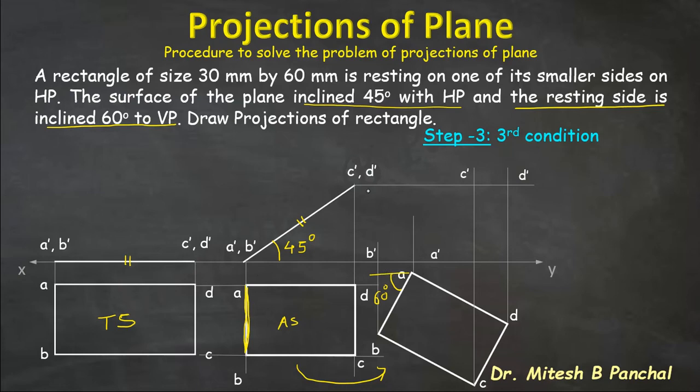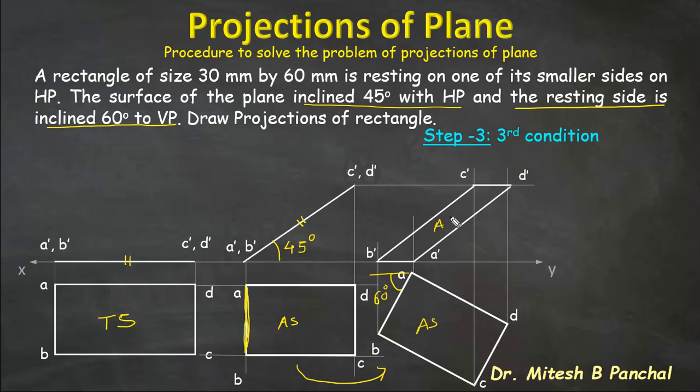Vertical projector from C, horizontal projector from C dash. So C dash we will get over here. Vertical projector from D, and from the D dash of the second step, horizontal projector. So that will give you the D dash. Now joining A dash, B dash, C dash, D dash in proper sequence, we will get apparent shape in front view. So finally in third step, we will get both the projections, front view as well as top view,